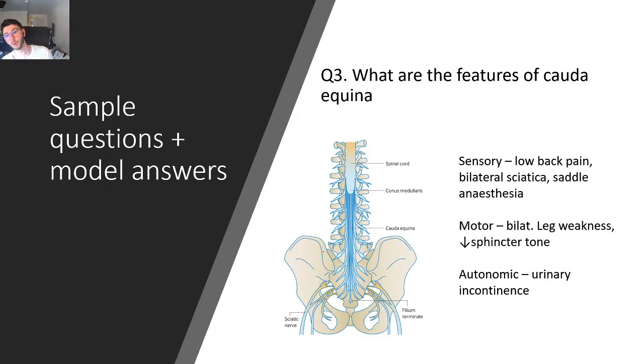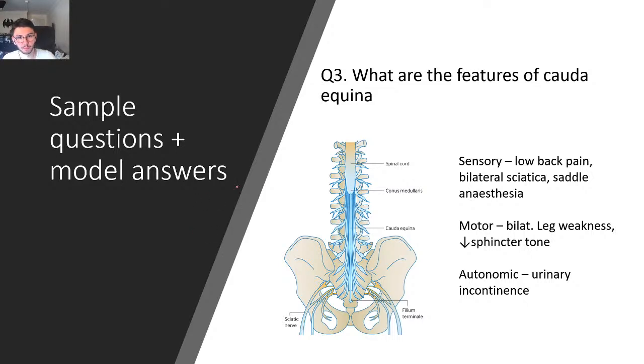You have motor weaknesses as well, which is your bilateral leg weakness. You would also have reduced sphincter tone, or the inability to contract the sphincter on a PR examination. And you would also have autonomic problems. So you would have urinary incontinence, you would have fecal incontinence, and yeah, it's a neurological emergency because there's some